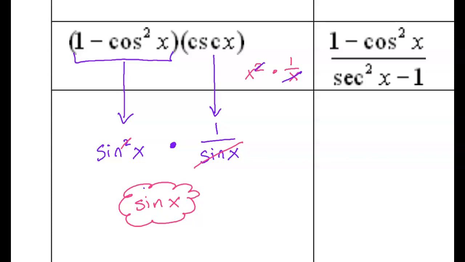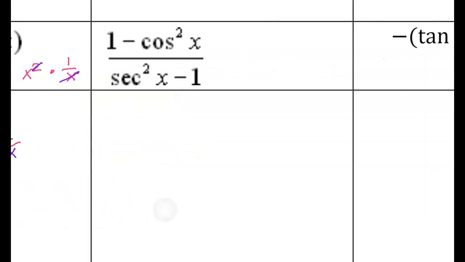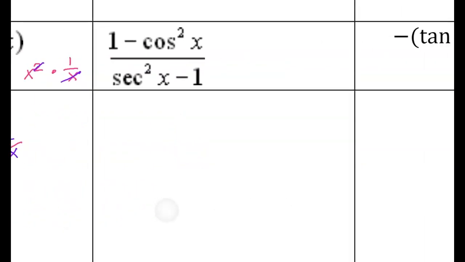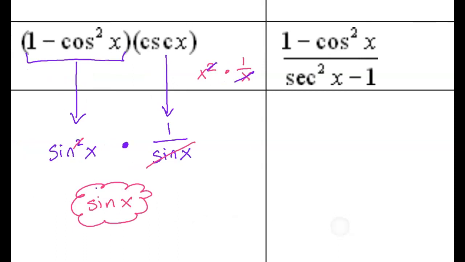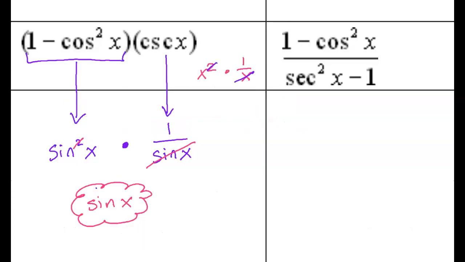So that was an easy one. Next, and you'll see these identities just keep repeating. So again, look, we have 1 minus cosine squared of x again. We now know, and we can look back at it, that 1 minus cosine squared of theta is equal to sine squared of theta. So over here, this entire numerator simplifies down to sine squared of x